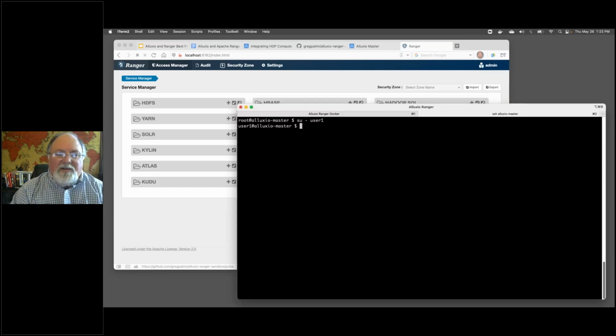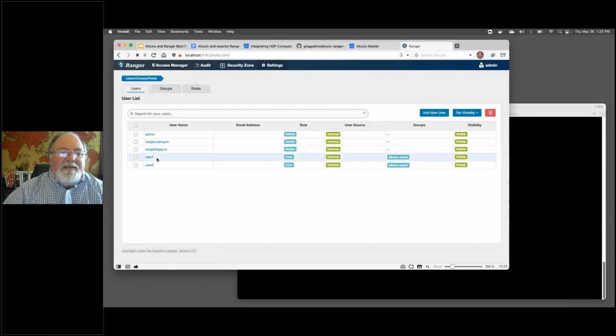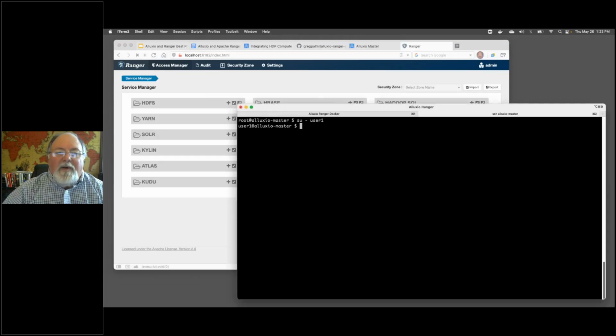So I'm logging in as a user, and this user is defined in Ranger. If I go to user groups, I can see I have a couple users defined, user 1 and user 2. They're both members of a group called Alluxio users. So I do have some users defined, but I don't have any policies defined.